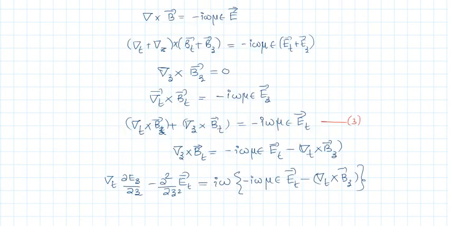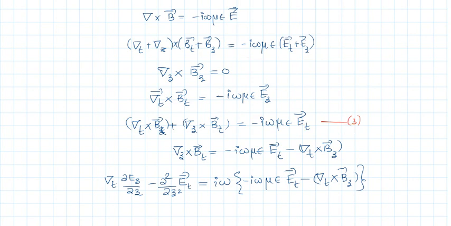For that, I will consider the next Maxwell curl equation, ∇ × B = −iωμε E. Again, I will consider this ∇ as two parts, ∇t plus ∇z, B as two parts, Bt plus Bz. On the right hand side E is Et plus Ez. Again, ∇z × Bz is 0. ∇t × Bt is along k cap. So the right hand side k cap component is −iωμε Ez. The remaining equation is ∇t × Bz plus ∇z × Bt on the left hand side, and on the right hand side −iωμε Et. Call this equation number 3.